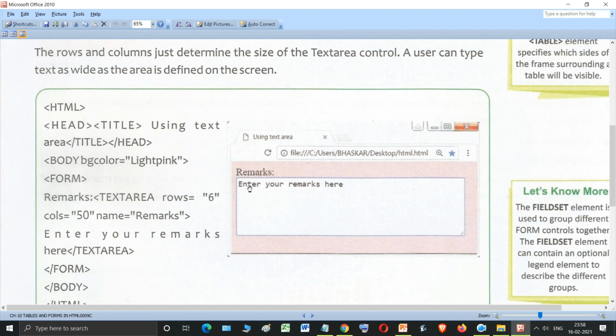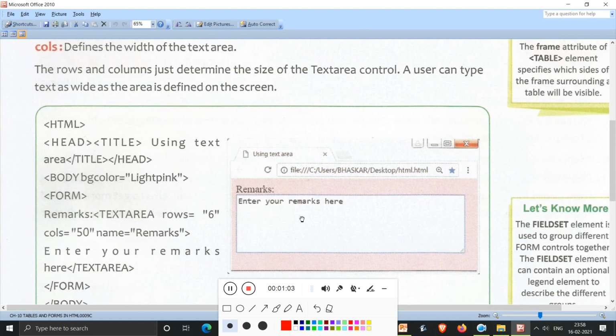Earlier, we were creating text boxes like this. They were only giving us an area to write one line of text. But there might be many instances where we might want to enter multiple lines of text, for example, adding your address or giving your remarks, or giving a review about a service or product you use.